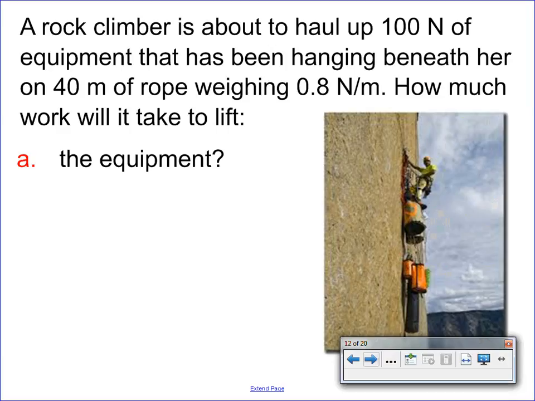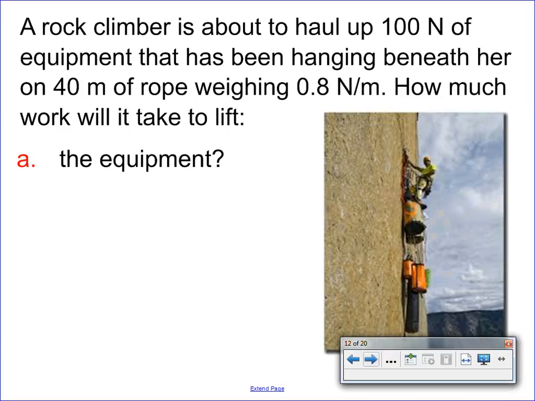Okay, so let's consider what's going on here. A rock climber is about to haul up 100 newtons of equipment that's been hanging beneath her on 40 meters of rope weighing 0.8 newtons per meter. How much work will it take to lift the equipment? The equipment we're saying is 100 newtons, and that's packed up in our haul bag. So let's break this up into pieces and not consider the rope, not the pulleys. Let's just think about the bag